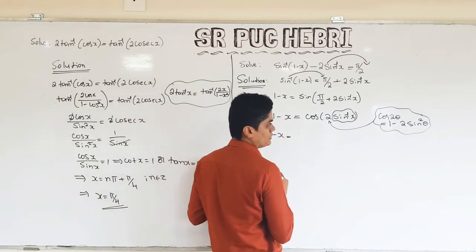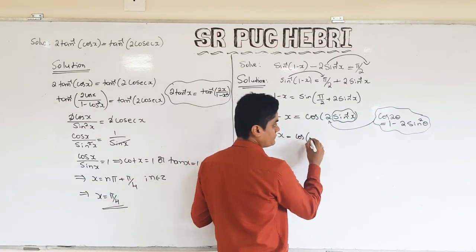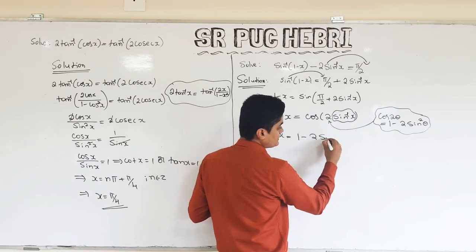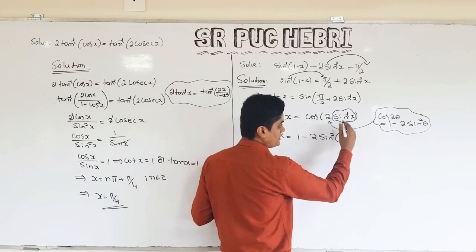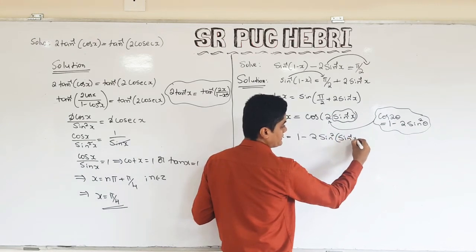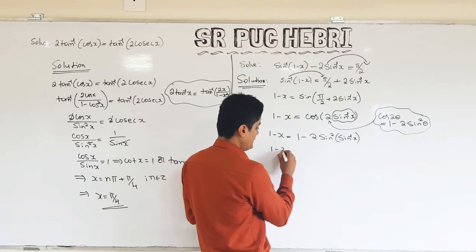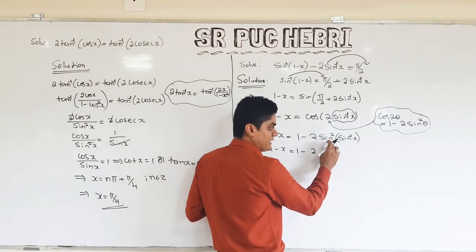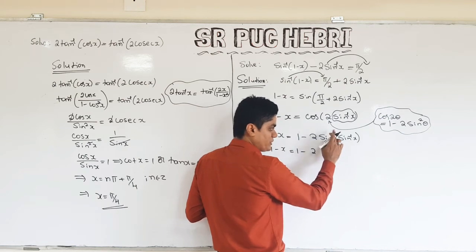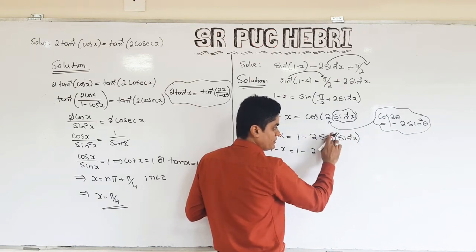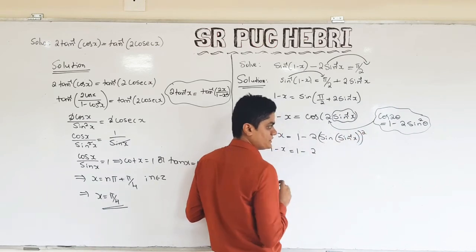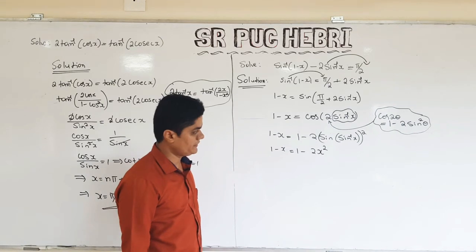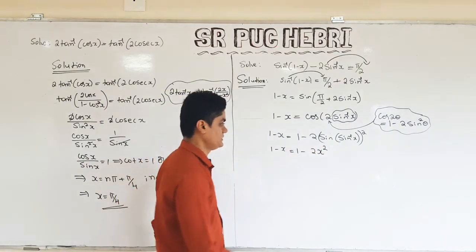1 minus x is equal to cos 2 theta, right? So 1 minus 2 sine square of, what is theta for us now? Sine inverse of x. So 1 minus x is equal to 1 minus, how will it change? See, sine and sine inverse get cancelled. This you can write like this also, square. Both are same. So this will be x, so it becomes square. Got it? I hope you can understand this.